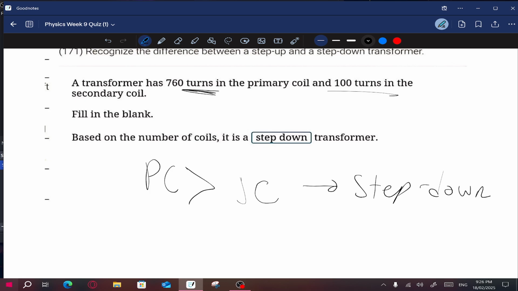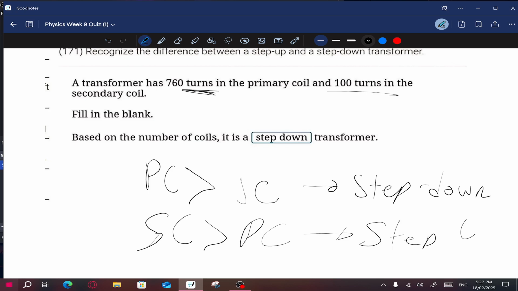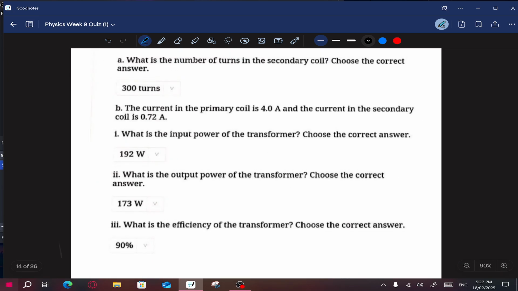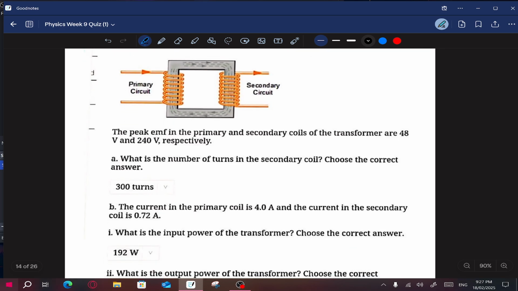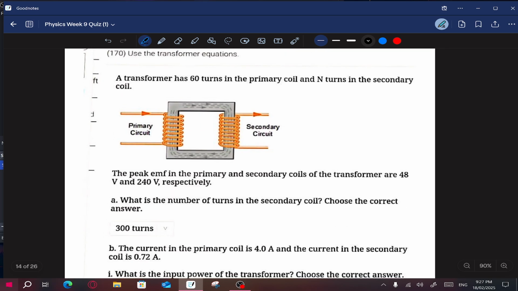If the secondary coil has more current or more turns than the primary coil, it is step up. Okay. There are formulas for this. So for the transformer, it would induce voltages. So you would have V2 over V1 equals